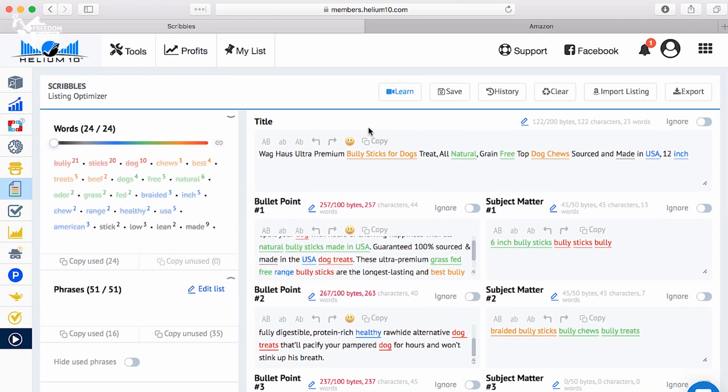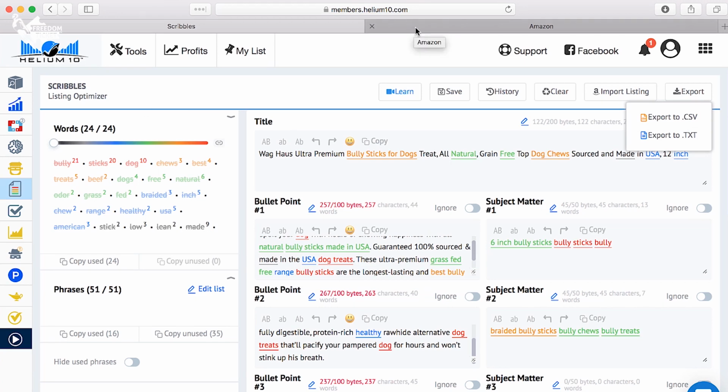So now you can save this in Helium 10 too. Now, I'd still like to save it offline as well, just in case. I like to have it on my hard drive in a Word document. This is where you would import it, and this is where you can export it. So once you get this all set up, maybe you export this as a text file, and save that on your own local computer, in case something really goes bad, or maybe you make some changes in the future, and you're like, man, I need to go back to the version I had 3 weeks ago. You have that. So once you've got this all dialed in, it's time to go over to Seller Central,